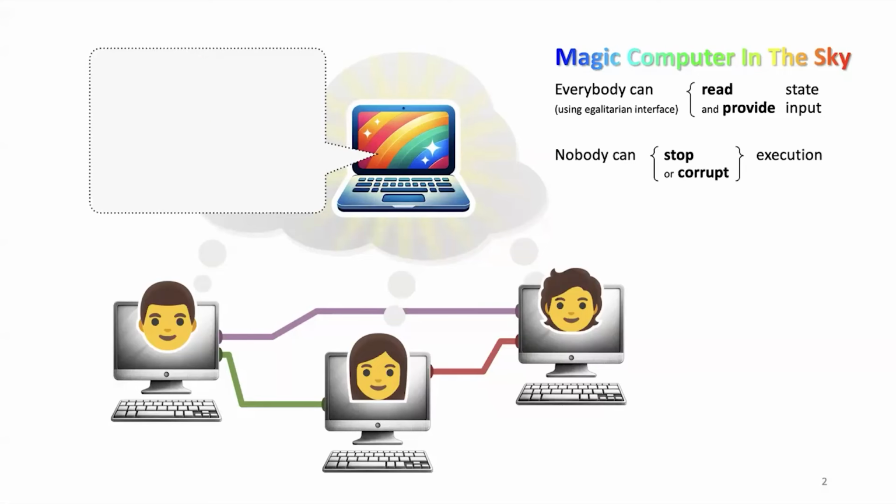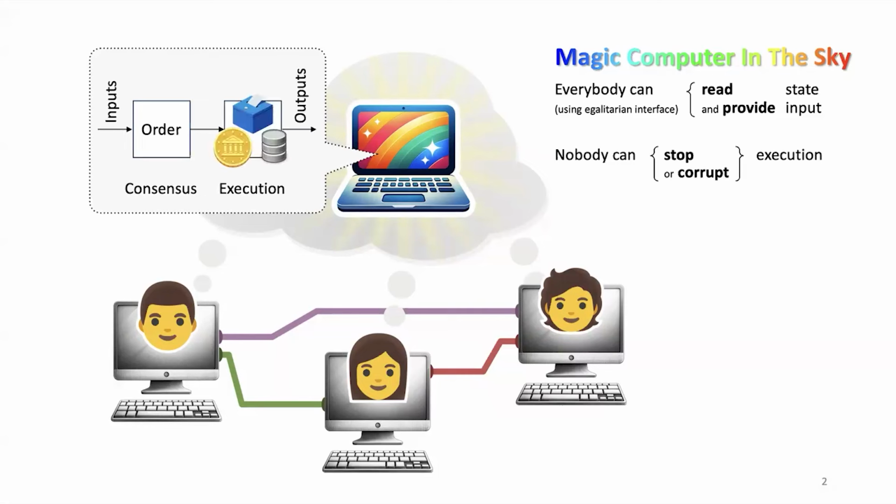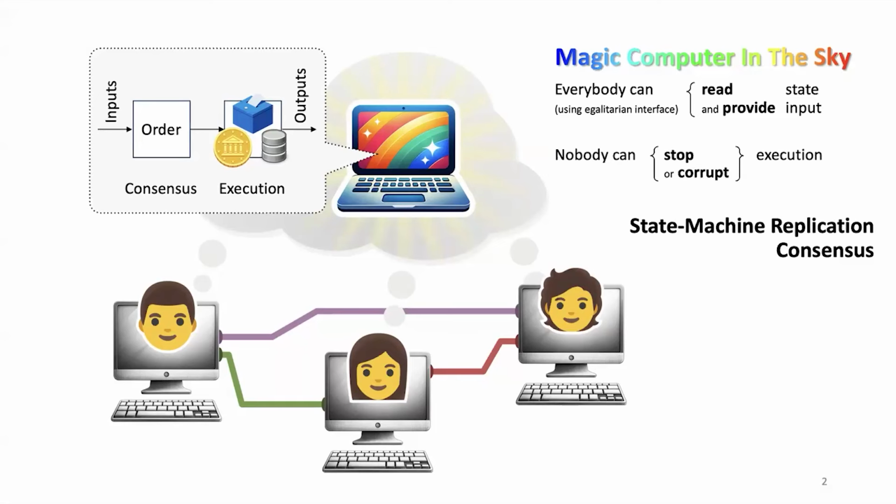How exactly do we do that? Typically, that problem decomposes into two steps. The first one is there are inputs to these applications, and we somehow need to agree in which order we're going to execute on these inputs. And then we're going to have a deterministic state machine that describes the logic of our application. Once we've all reached agreement on in what order we're going to process transactions, then since it's a deterministic state machine, we'll all see the same state transitions of that state machine. So that gets us to state machine replication consensus, and that's what this is about.